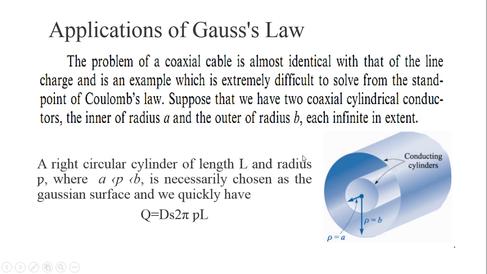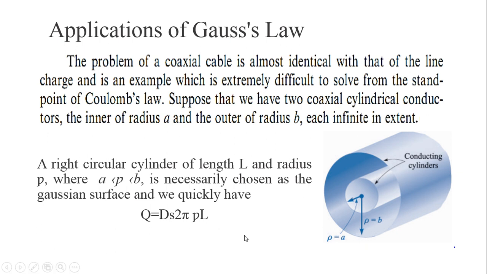So जब हम Gaussian surface यहाँ पे लेंगे, outside लेंगे, the total amount of charge will actually be 0 because we have positive charge plus we have negative charge. So the total charge will be 0. When the total charge is 0, it means that the electric flux density will be 0. The electric flux density outside the coaxial conductor, coaxial cable will actually be 0.